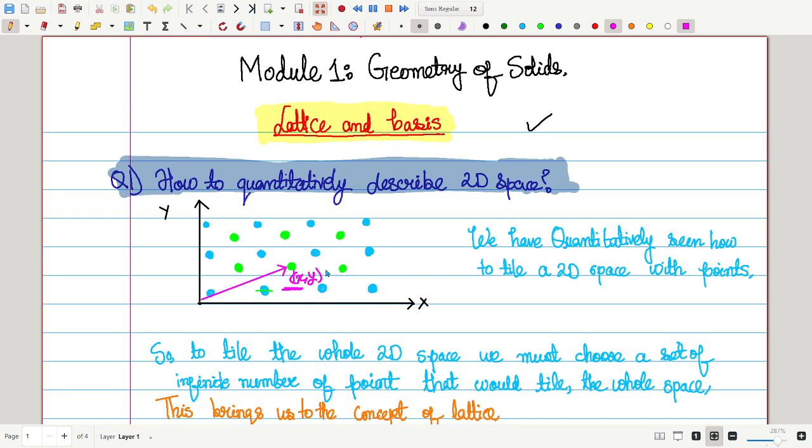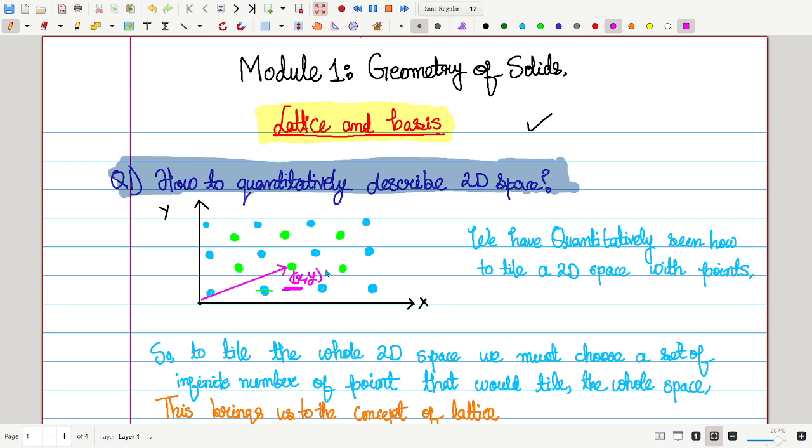But for periodic systems, for lattice systems like solids, we have more order in the system than that. Doing only the quantitative classification or measurement of points just by making two indices,